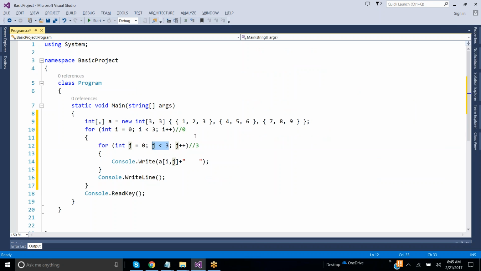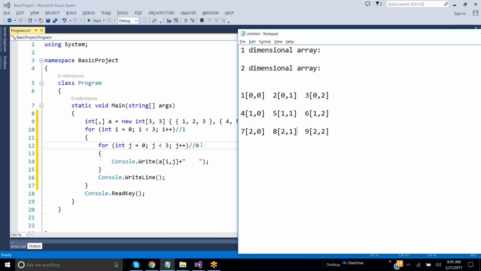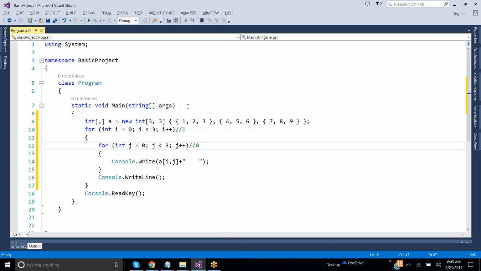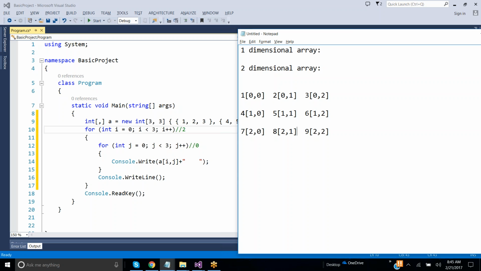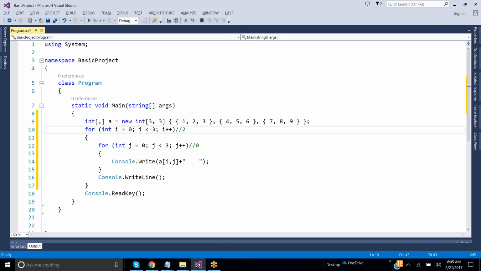Fail, right? So at that time what will happen? The value of i would be 0, it will become 1. The j value would start with 0 again. So 1, 0 means what? 4. Again 1, 1 means what? 5. 1, 2 is what? 6. Okay. Again the value of i will become 2: 2, 0, 2, 1, 2, 2. So 2, 0, 2, 1, 2, 2 hold 7, 8, 9. So it will display the values accordingly.